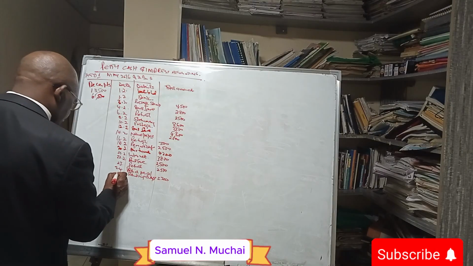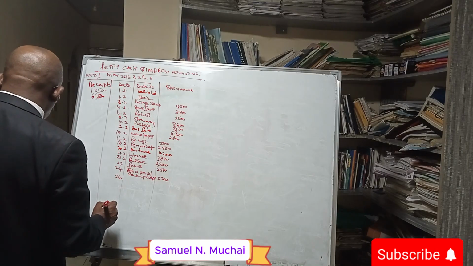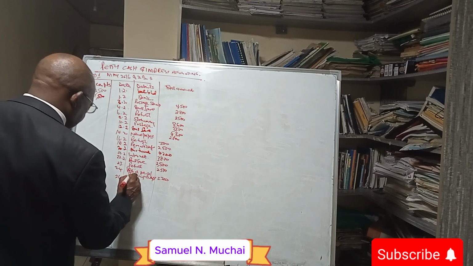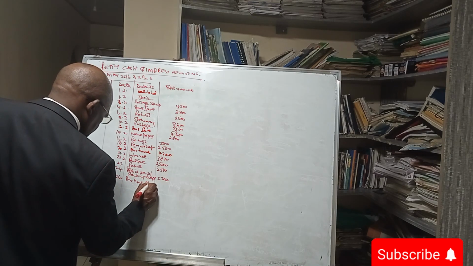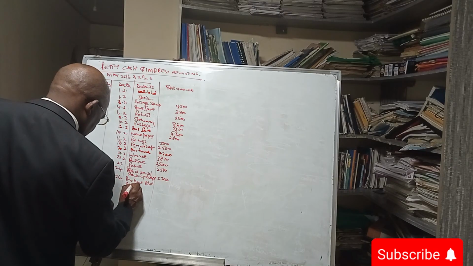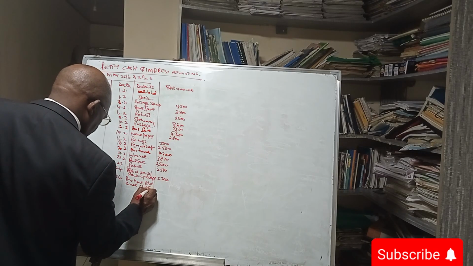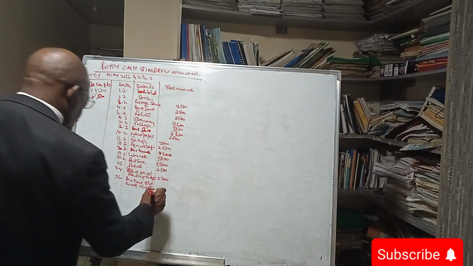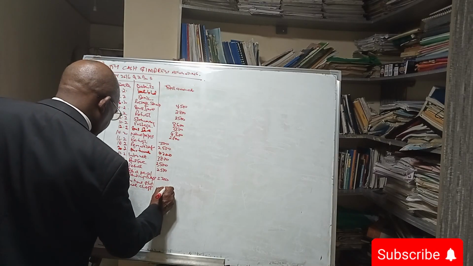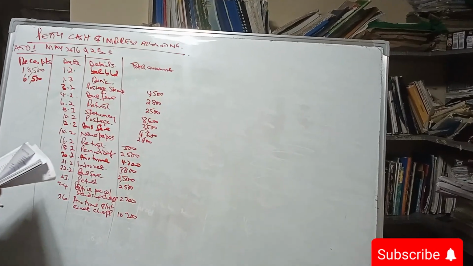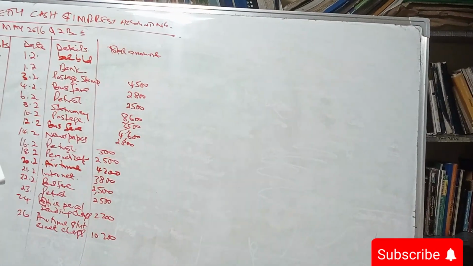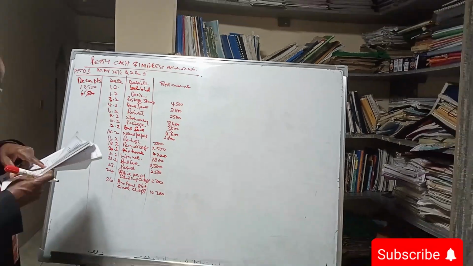On 26th, airtime and internet charges amounting to 10,200. And then we are told, required, prepare the petty cash book showing the cash in hand on 29th of